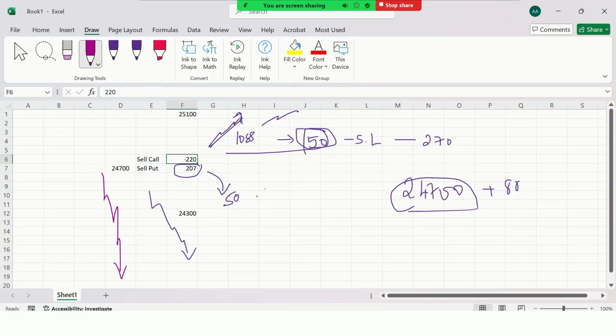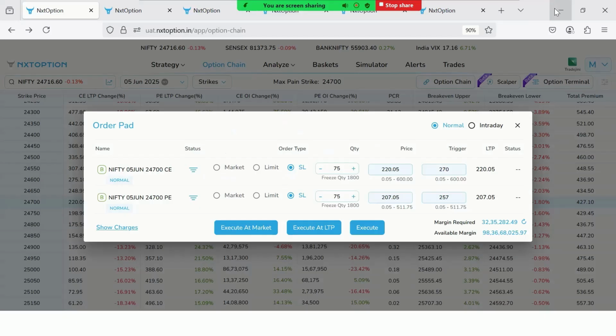That time, the 207 premium that I collected, I will repay back to the market. That is, I will square it off at 257 and I will let this 220 call option decay. So you can put a stop loss for your call short position at 270 and you can put a stop loss for